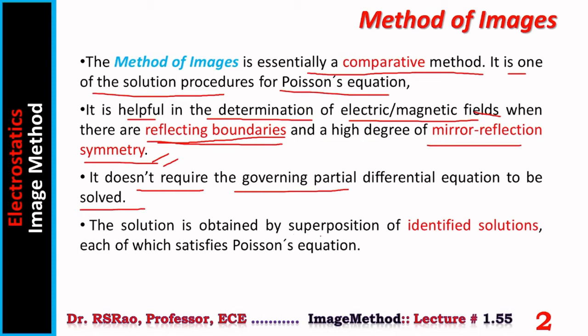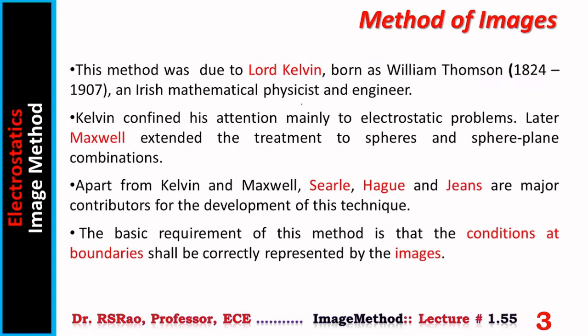The solution is obtained by superposition of identified solutions, each of which satisfies Poisson's equation. This method was due to Lord Kelvin. He was born as William Thomson, lived between 1824 and 1907. He was an Irish mathematical physicist and engineer. Originally, his attention was mainly towards electrostatic problems. Later, Maxwell extended his technique to spheres